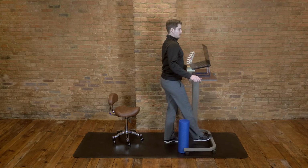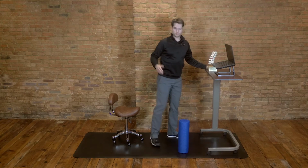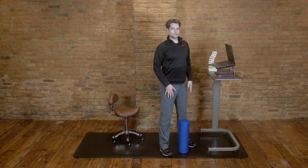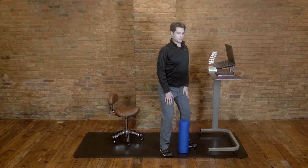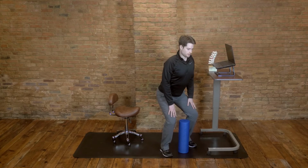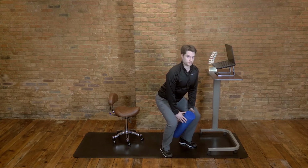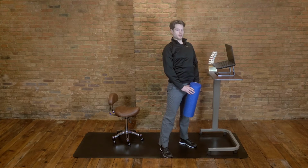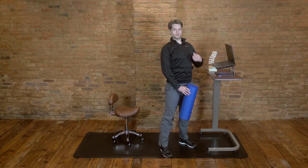When retrieving an item from the floor, try to maintain a flat or neutral back. Move close to the item, place your hands on your thighs, and keep your chest out. Slide your hands down your thighs till you get to your knees, then grab the item, secure the item, and then thrust your hips forward. By thrusting your hips forward, this will bring you back to a full stand without causing you to lift with